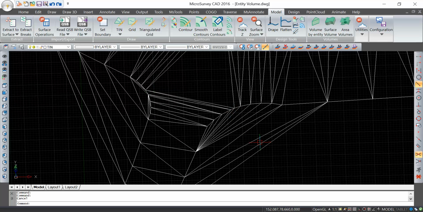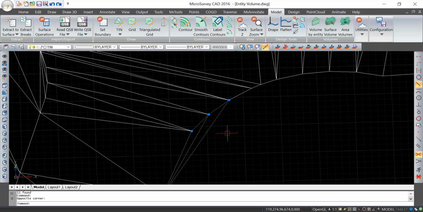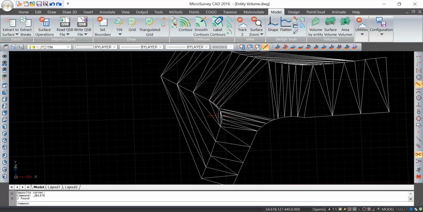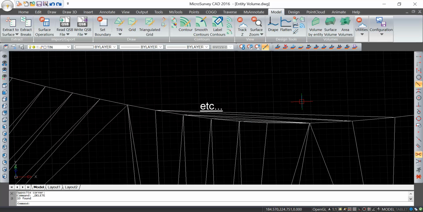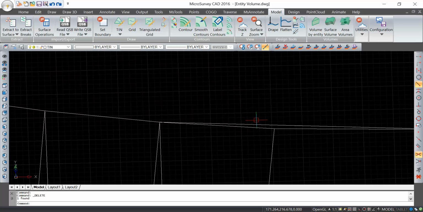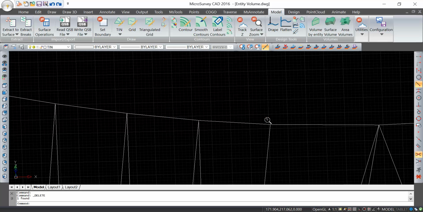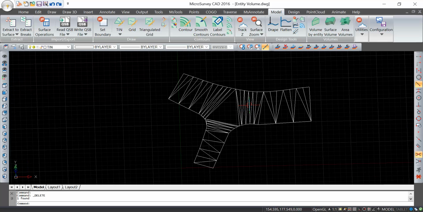And so because we have triangles on the edges that we do not want to be included in our surface, I can now delete the triangles. There, and now I've got it fully cleaned up so that only these triangles will be used in this volume calculation. So now let's start volume by entity,